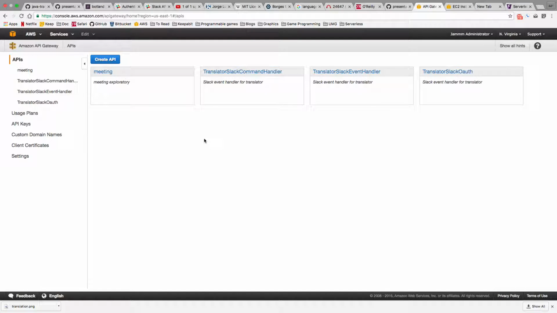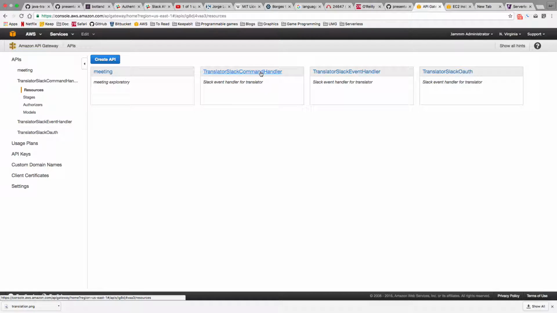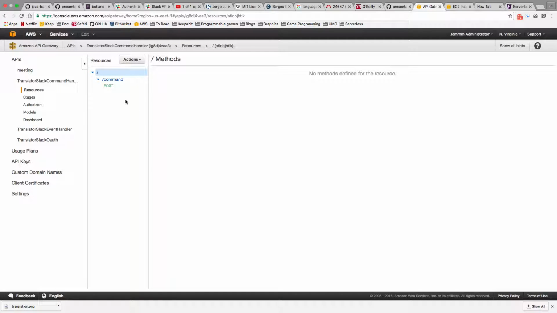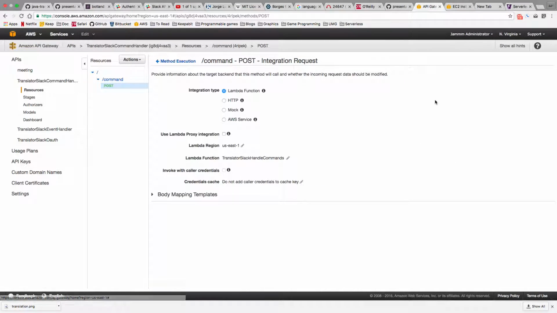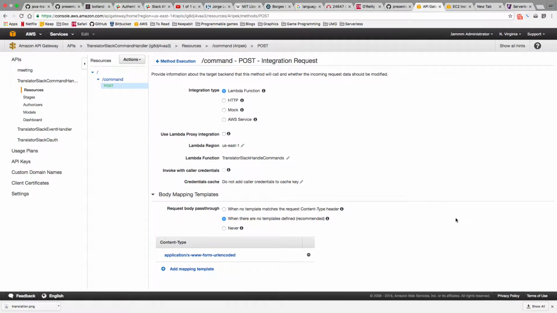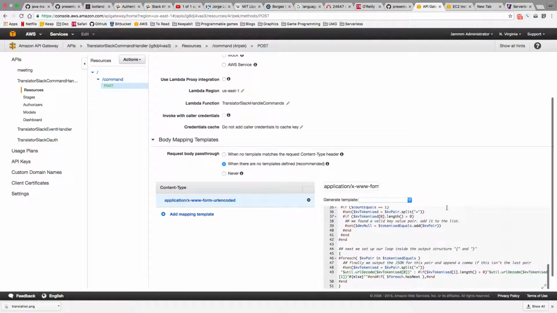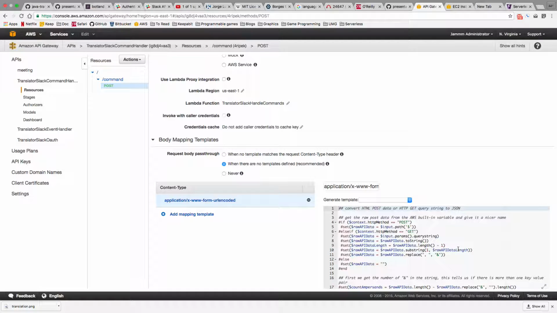API Gateway is a pretty cool product in that it lets me set up, going to that same command handler, resources, HTTP resources, and the methods on them, and then determine what's going to happen. It comes in and maps things based on various incoming values. You can tie it to arbitrary header values, all kinds of body things, and send it over to an integration request. The integration request has body mapping templates, which take the incoming code in whatever form it is and use a velocity template to turn it into JSON.